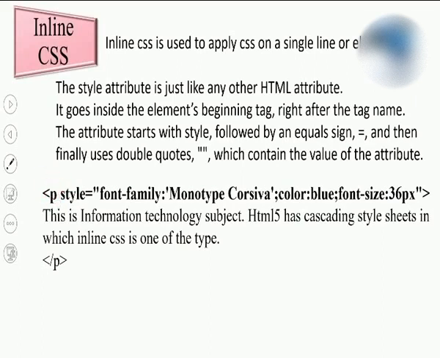Inside this tag, prior to ending the angle bracket, I am writing style equal to, followed by the specification I am writing inside the double quotes. Observe the syntax over here. The double quotes are important to write the inline CSS specification. Now here I am specifying the keyword font-family. This is a property for the paragraph I am using in CSS. I want to specify this font, Monotype Corsiva, for my complete paragraph, as well as a blue color, and I want a size of 36.